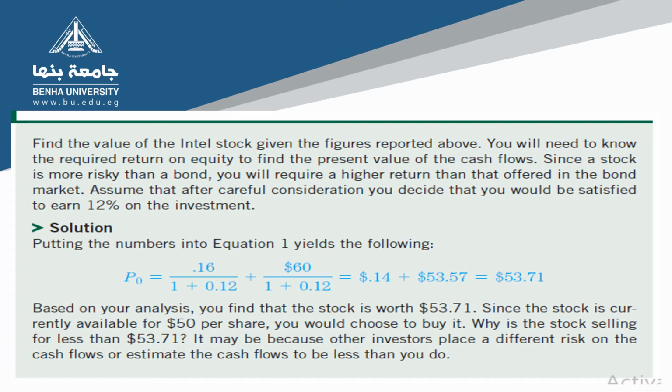Now, find the value of the Intel stock given the figures reported above. You will need to know the required return on equity to find the present value of the cash flows. Since a stock is more risky than a bond, you will require a higher return than that offered in the bond market. Assume that, after careful consideration, you decide that you would be satisfied to earn 12% on the investment. Solution: